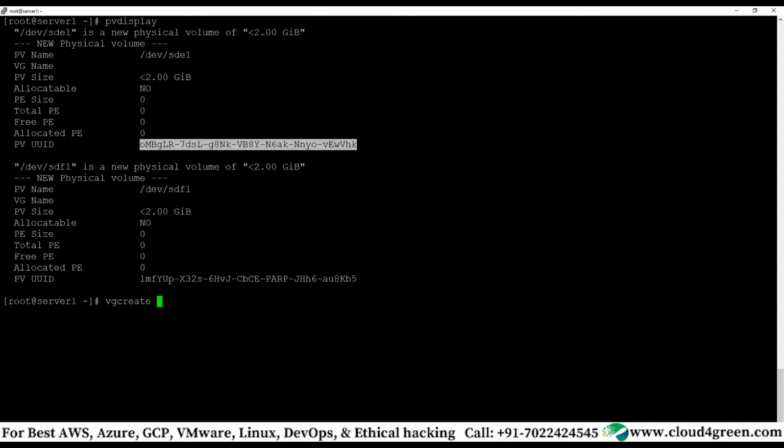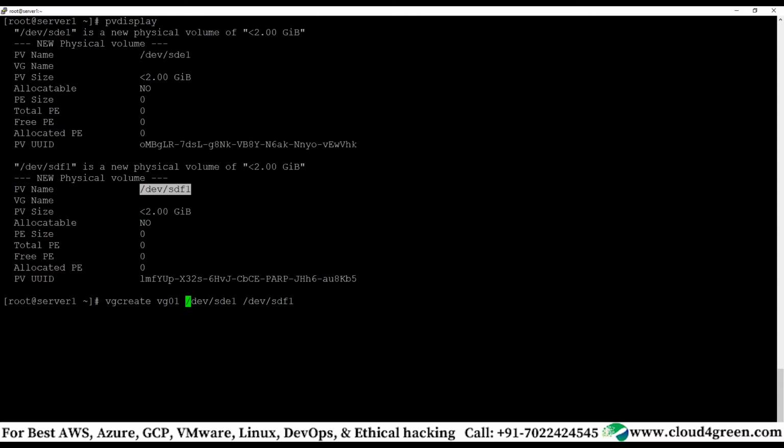vgcreate. Then what you do is give the volume group name. vgcreate vg01. Any name you can give, my volume group or my name or anything, whatever you want. But give some sensible names so that you understand this is for some purpose, right? For example, you are going to create a volume group for backup, correct? So there could be 1 or 2 logical volumes in the volume group. So you create a volume group named vg_backup or backup_vg, whatever it is, right?